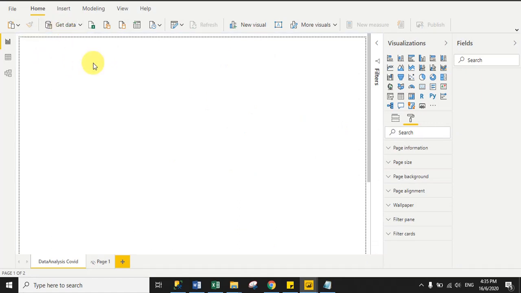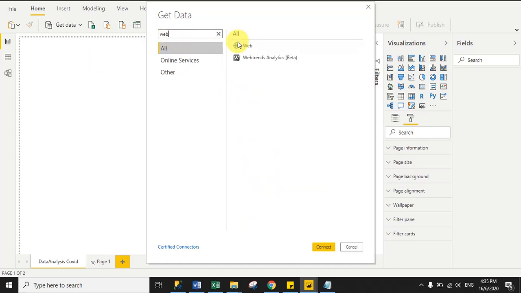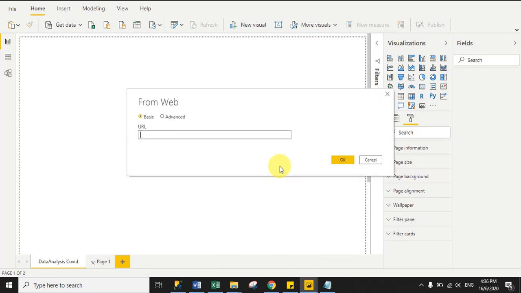and after that we will use the web data source because we are getting data from a live web API. So select the web option. So just type web and select the web data source and click connect. So always remember one thing, Power BI only supports tabular data, right? But here we are fetching data in JSON format. So later on we will convert the JSON data to tabular format and then we will load it, right? So just paste the web API URL here and then click OK.